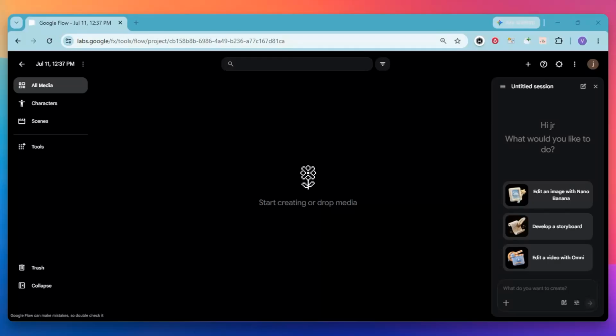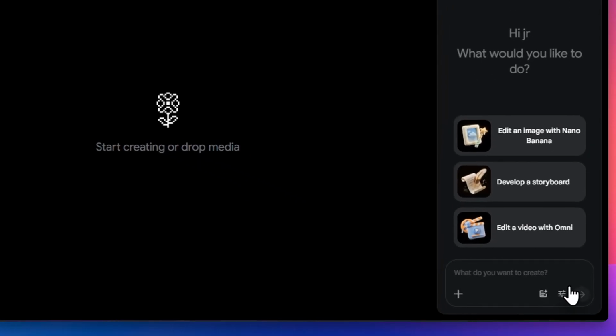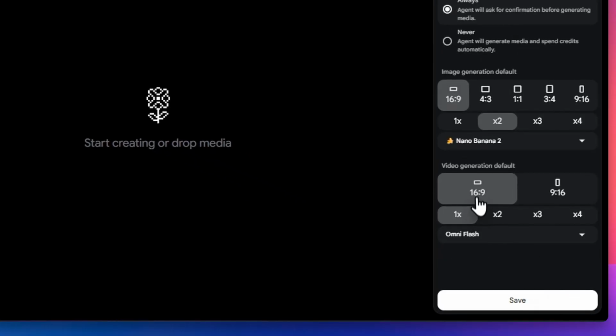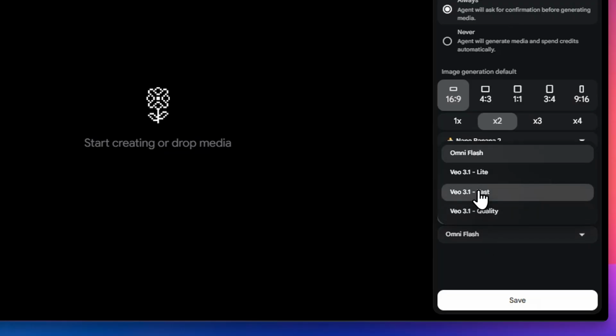In this video, I will show you exactly how to transform a simple text prompt into a high-quality video using Google Flow. This tool is incredibly powerful, and getting the best results starts with clicking the settings gear icon right next to the prompt box. Here, you have two main options for the generation engine. You can select Veo 3.1 quality if you want stunning, high-detail visuals, or choose Veo 3.1 fast if you need